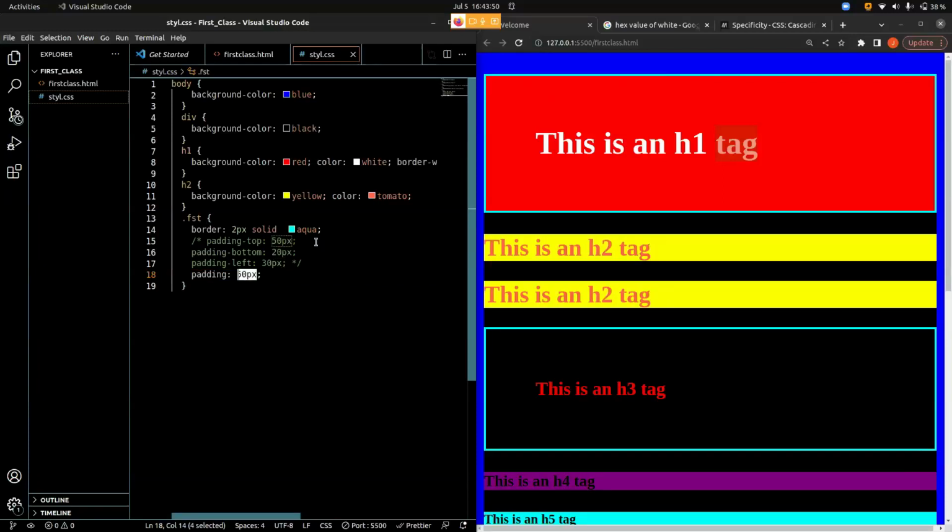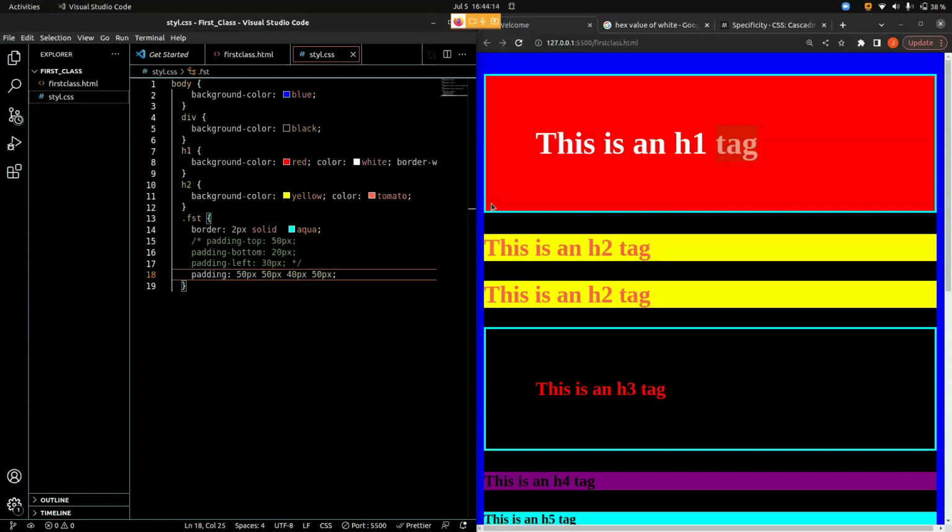Okay. Now this 50 pixel that took here, 50 pixel here, 50 pixel here, 50 pixel here. It's the same thing I was saying: 50 pixel, 50 pixel, 50 pixel, 50 pixel. There is no difference. Now, if I start changing the value, we will now see that there is actually a